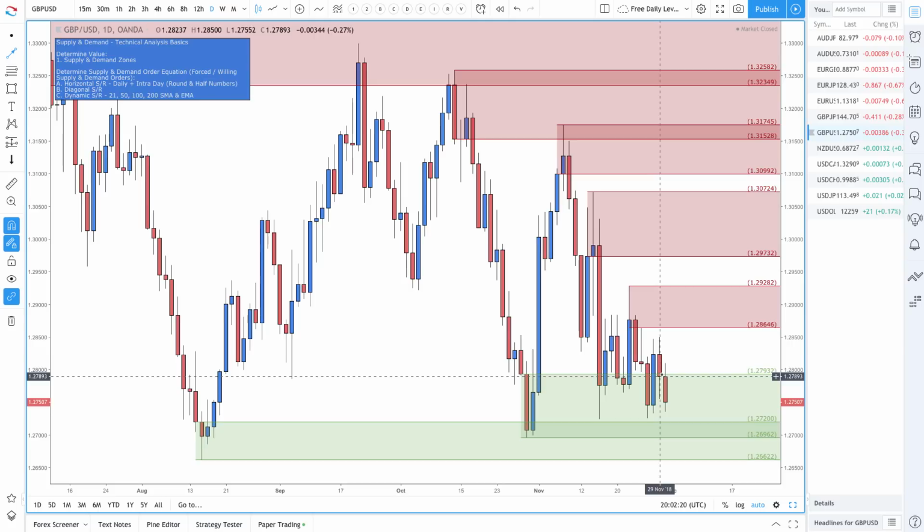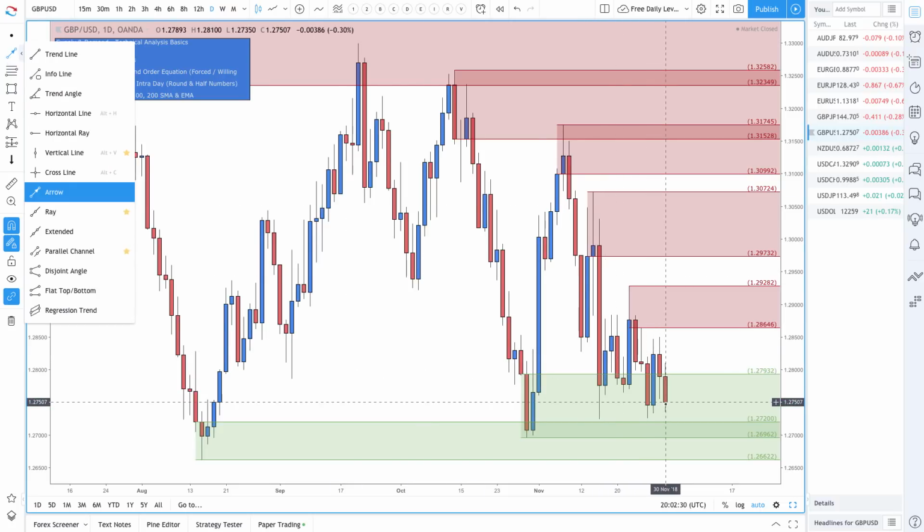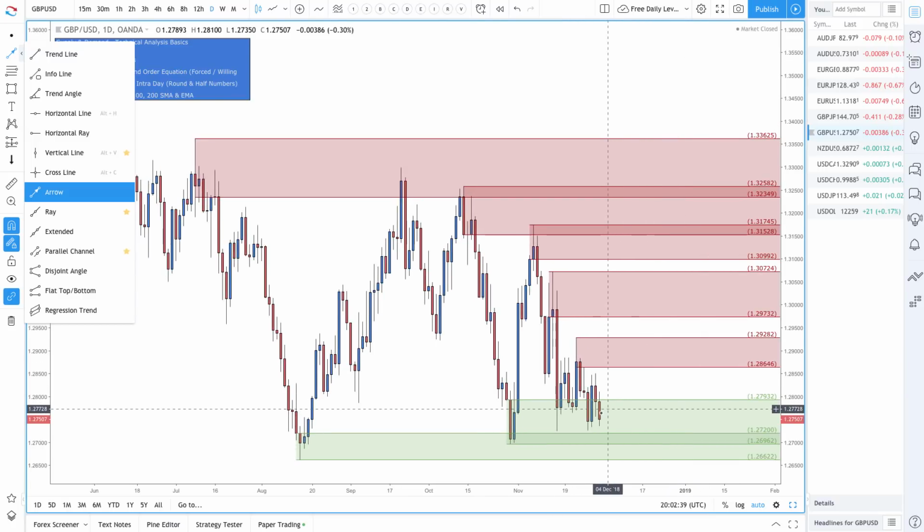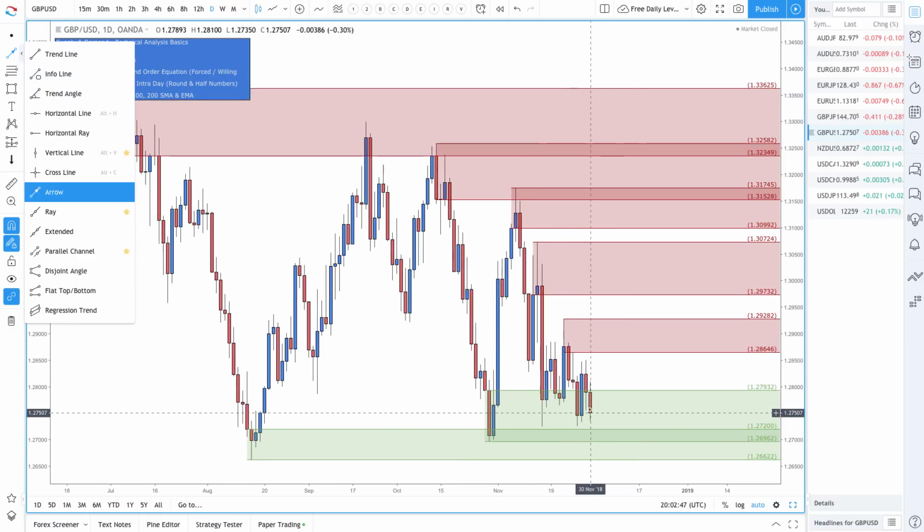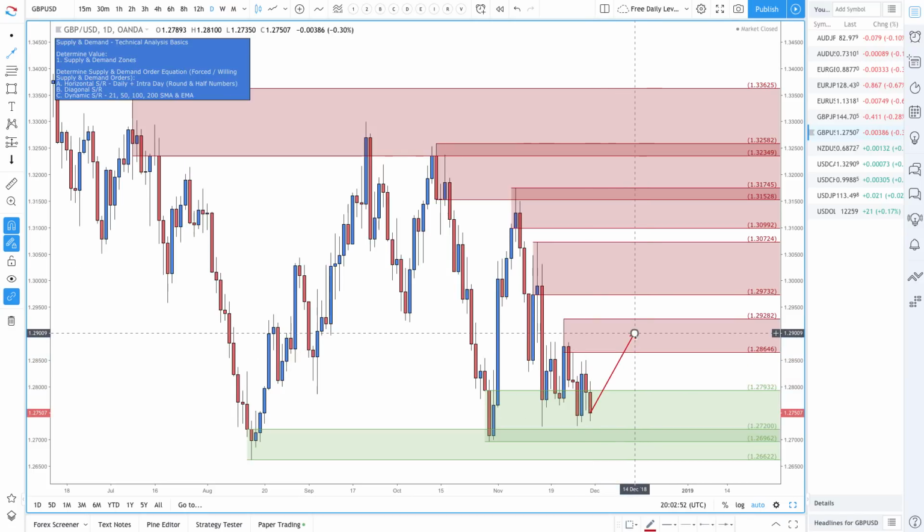So the pound, obviously, again, Brexit, trying to get the deal passed through Parliament isn't having the effect. Yes, it was agreed by the European Union, but it was probably a terrible deal for the UK. And in fact, it was. I say probably, but it was. And I don't think Theresa May is really going to get that deal through Parliament. So with more uncertainty, the pound is not really the currency to buy. I'll say this is going to be the first area to look to get short,